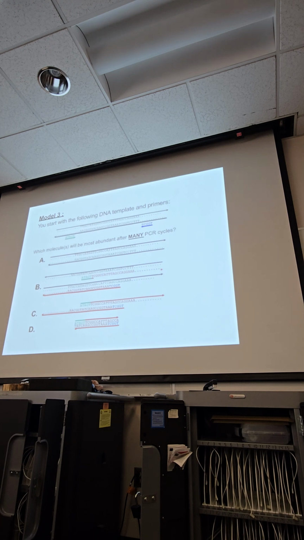For A. Yeah, I don't know. If the second cycle was 4, why was the third cycle